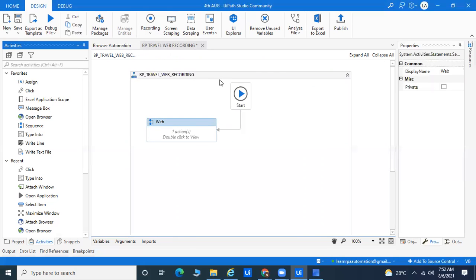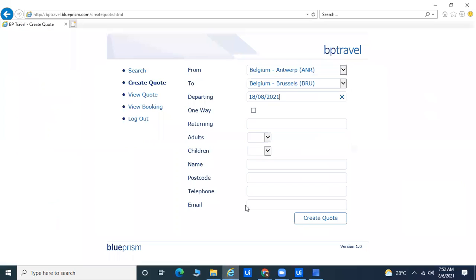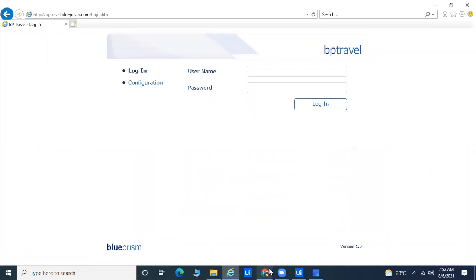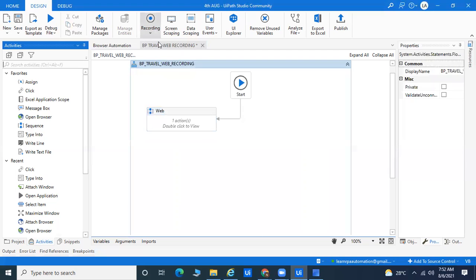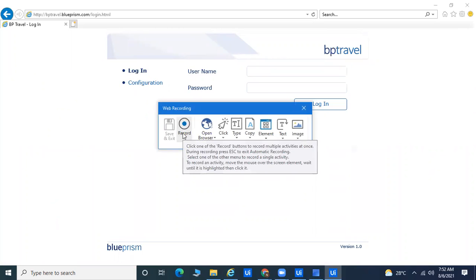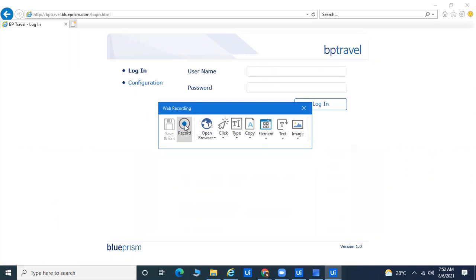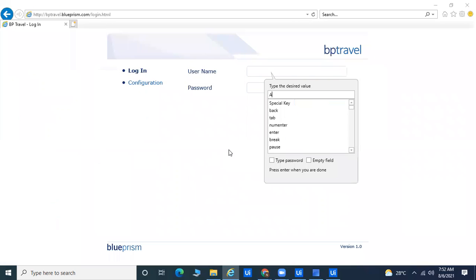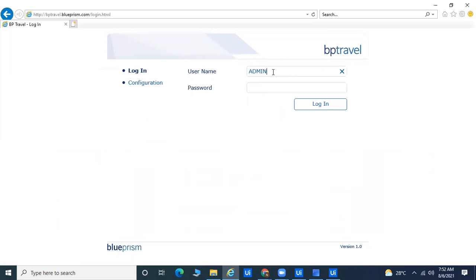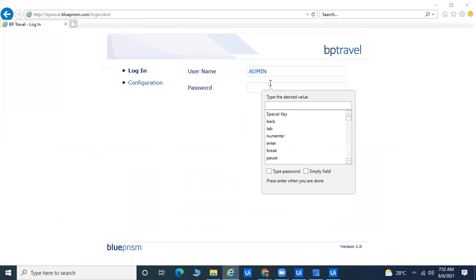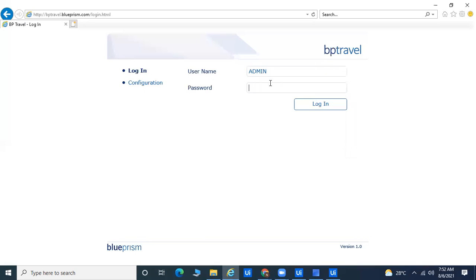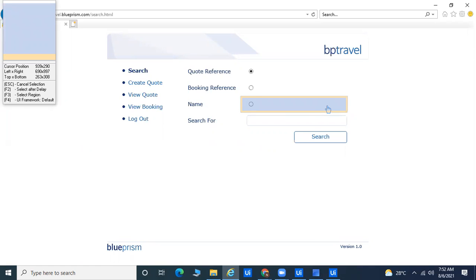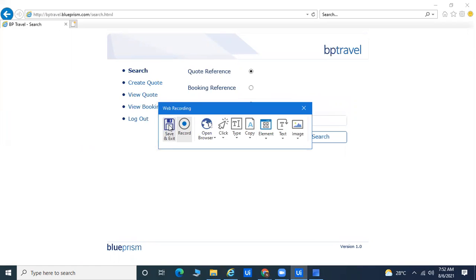Again, I'm trying to automate this application. Let's understand. Here I'm going for logout, and here again I come to UiPath, click on record, and go for web. Whenever you record, I'm not opening the browser right now. I click on record and pass the ID and password. I'm passing admin here, admin again, and press enter and login. Then click on the escape button on your keyboard, click save and exit, and go outside.